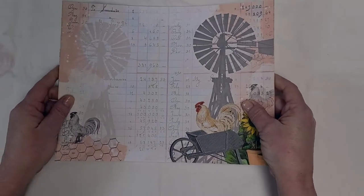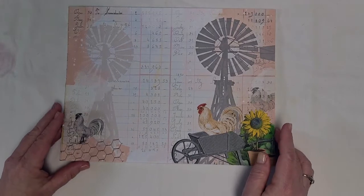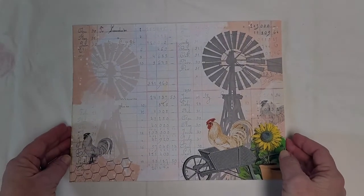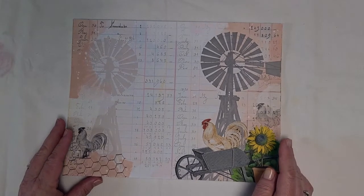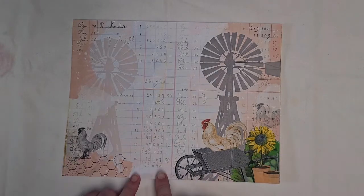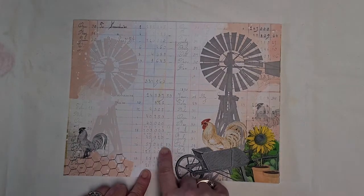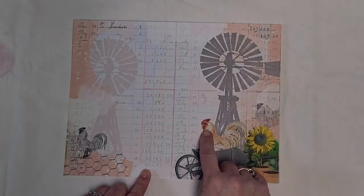And then the next thing is Cara has a new kit out. It's a Farmhouse kit, and this will be our first design team project. The entire kit is 20 pages. So we've got this beautiful journaling page. We've got the windmill, sunflower,